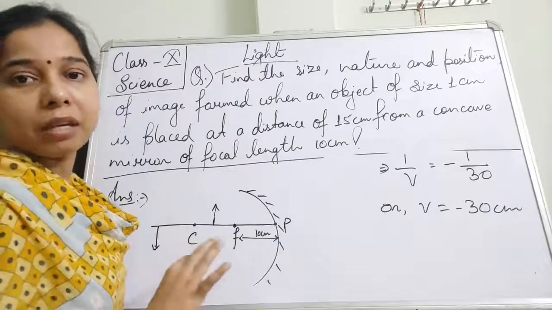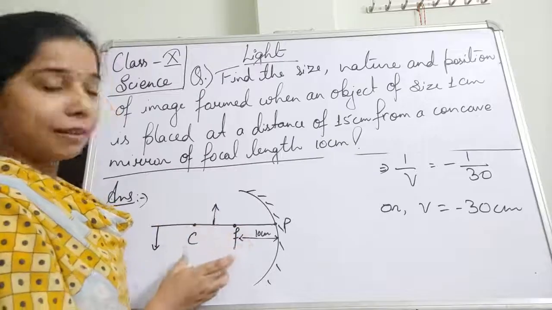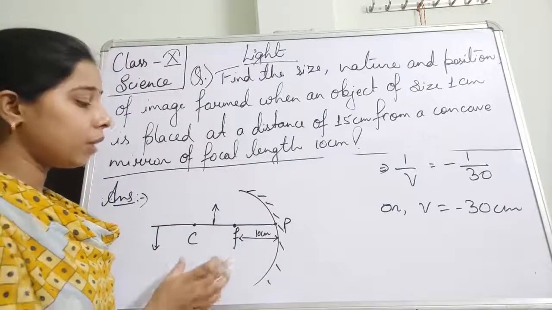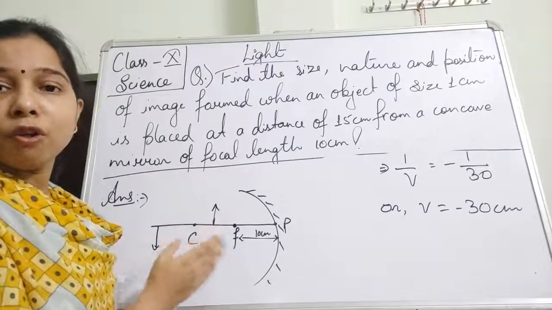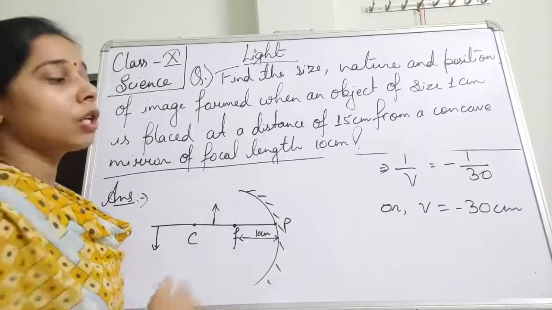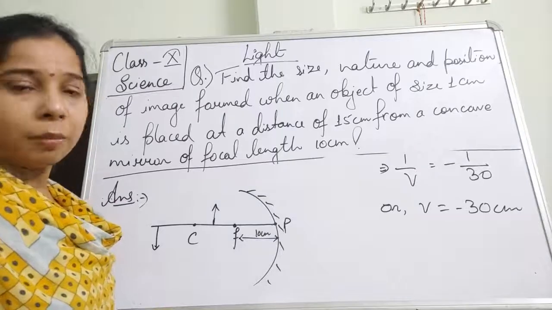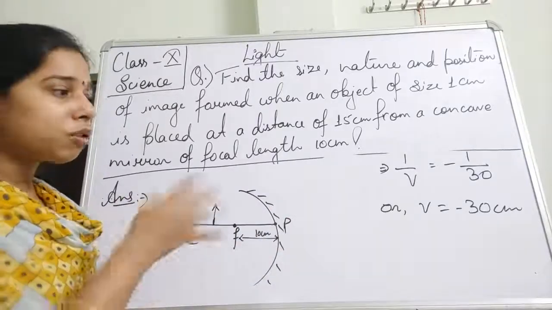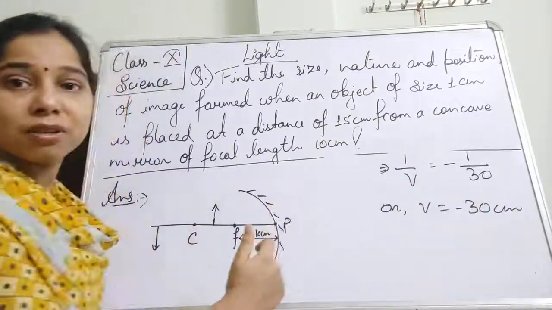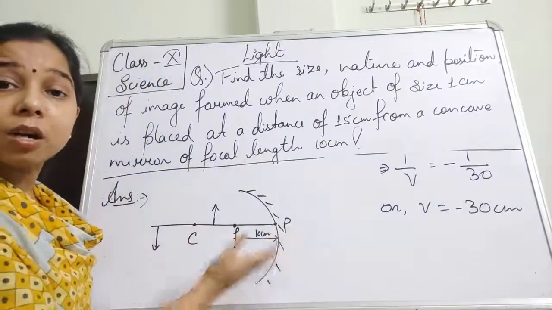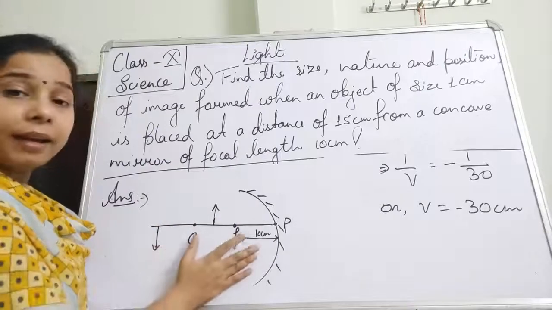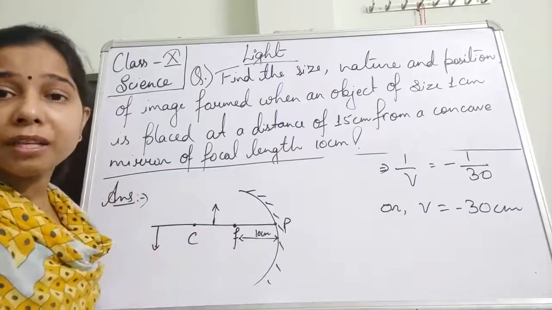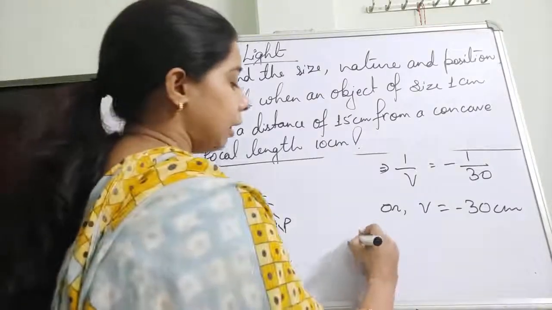So this thing we have understood, students, that is if the object is kept here, what kind of nature of the image will be formed? You know that when the object is kept between the focal length and the center of curvature, it will form a real and inverted image. Without going through all these investigations, you just simply see here the minus sign is given. So what does minus mean? It means the image is formed on the left side of the mirror, and if it is on the left side, it will always be real and inverted.